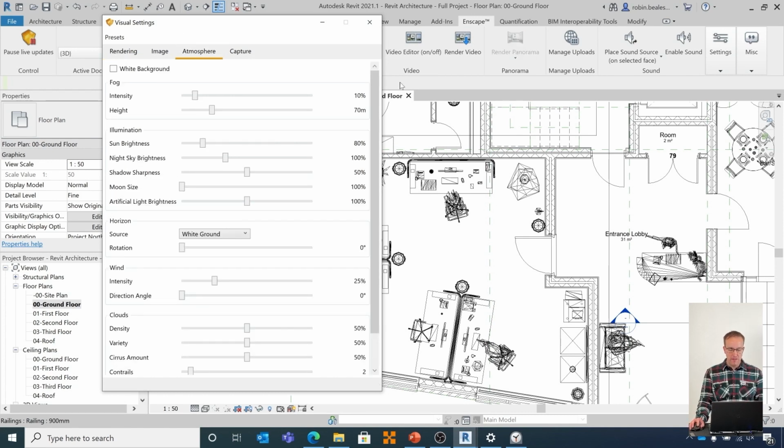We've got some more atmospherics. These are more to do with the bigger picture, what's going on outside of the environment, so to speak. So I can turn on fog if I'm doing an exterior shot. It's quite nice to add some atmospheric fog. We can change how bright the sun is. We can change the size of the moon, the shadow sharpness, the brightness of the artificial lights, what horizon we